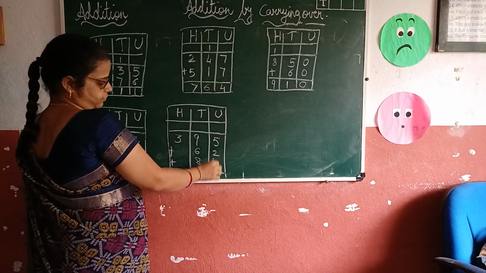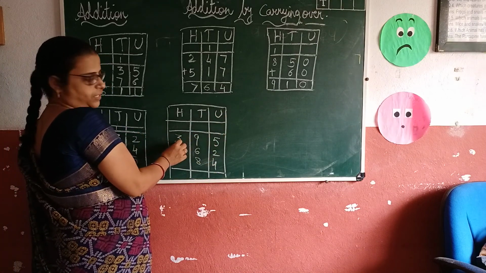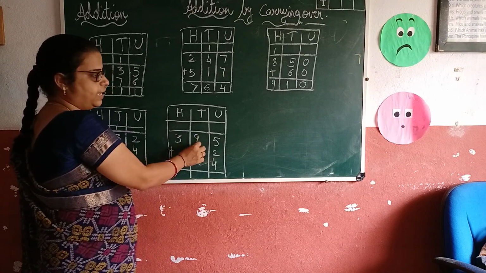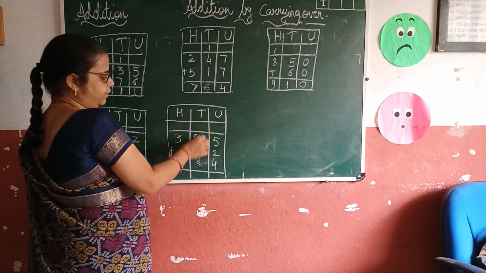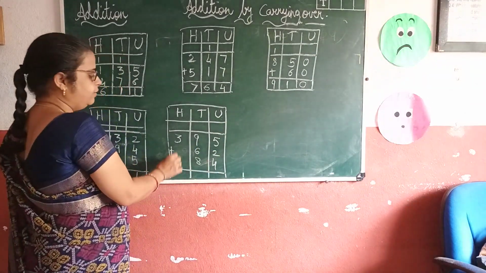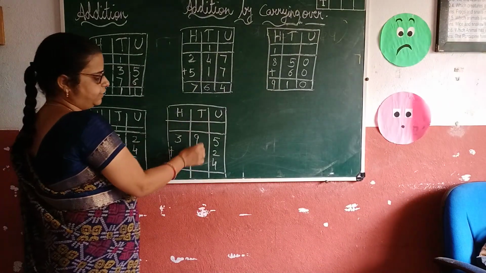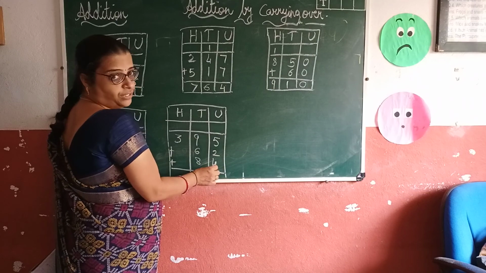Again in the same way, hundreds, tens, units. First you have to write here 395. So in the hundreds column they have given 3. In the tens column it is given a 9, and in the units column it is given a 5. So plus, again they have given you in the tens column 6, in the units column 2. Plus, again they have given in the tens column 8, and in the units column we have to write 4.